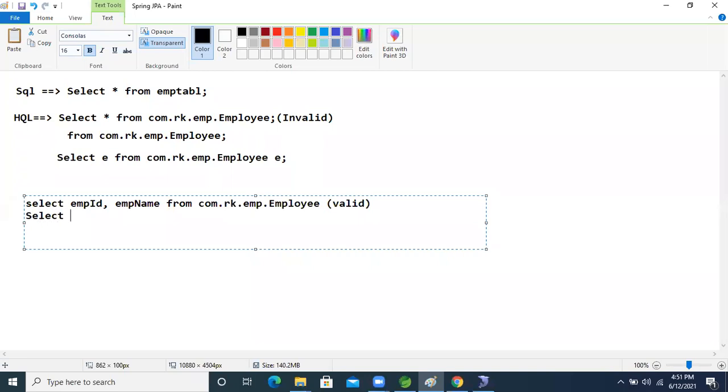After that, if we write like this: select EMP ID and EMP name from Employee, without writing the package, this one is still valid. Why, you know? Because we are already importing this Employee class.